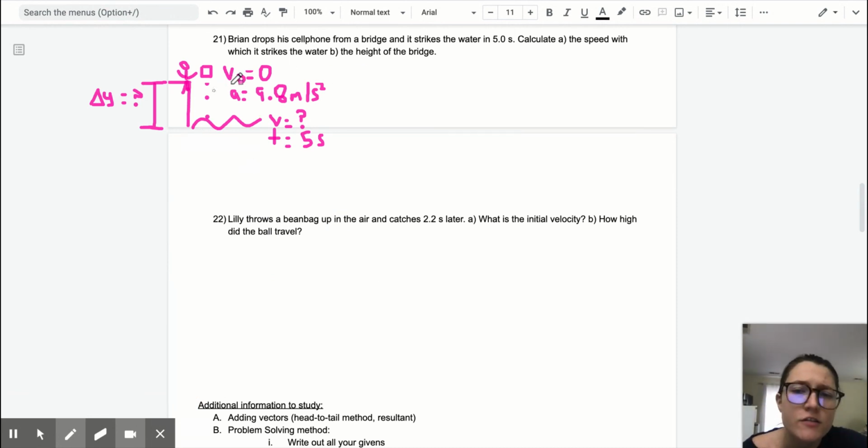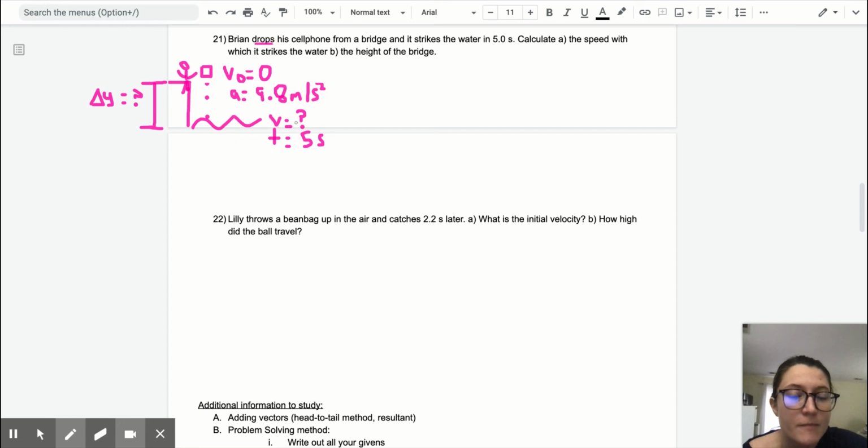So initial velocity is 0 because it's dropped from rest. If it's dropped, it's type 1 free fall. So our acceleration is a positive 9.8 meters per second squared. We want to find the velocity with which the phone strikes the water, given this time. So we have initial velocity, acceleration, time. We want the final velocity. So we're looking for the equation